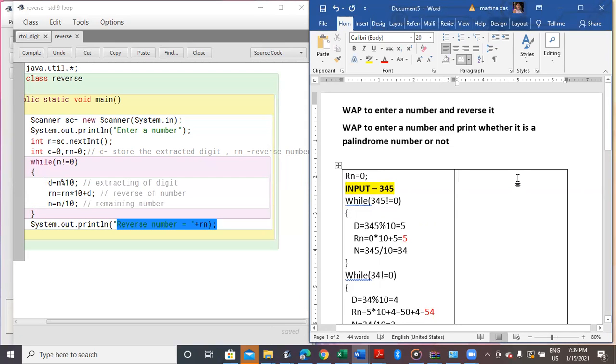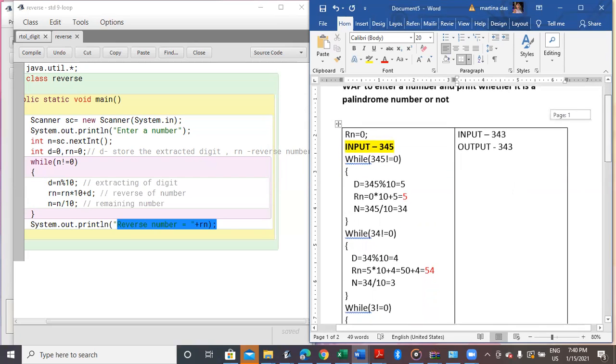For example, if my input would have been 343, the reverse of it would be the same, 343. So in that case, the reverse number is equivalent to the original number, so it will be called a palindrome number. It has the same logic as that of the reverse number.